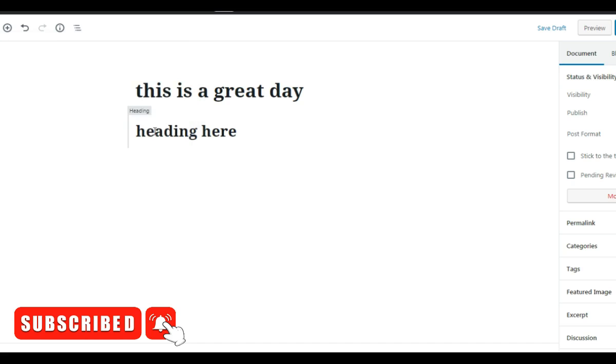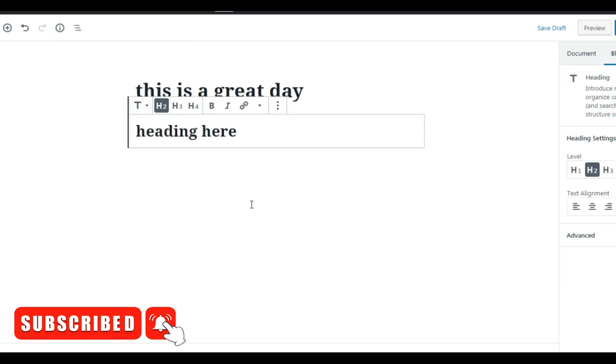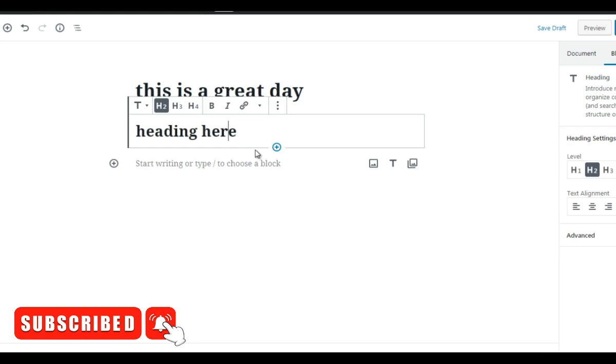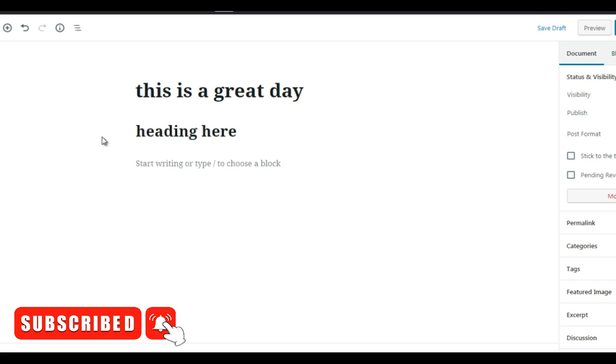Now, in terms of adding blocks, if we click here and we can edit things here, if you put your mouse over the bottom or even the top, you will see an additional plus sign. See that plus sign here? What that means is you can insert a block in between this block and this block. So if you just want to continue adding blocks down below, that's great. But if you're thinking, oh, I missed a block, I wanted to add an image between this block and this block, that allows you to do that.